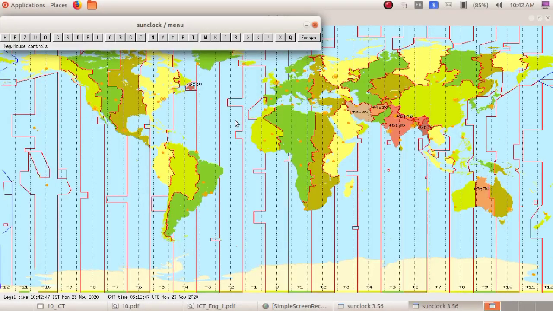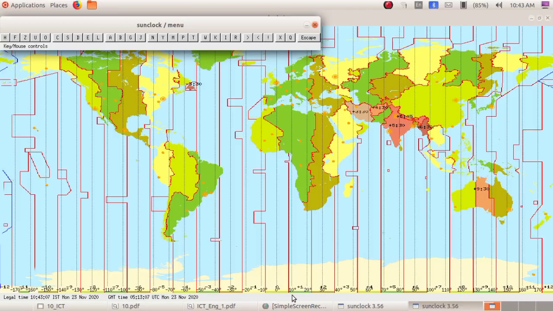If you click once on the toggle meridian, you can see the imaginary longitudes. Next, if you click again, see, the degrees will become visible at the bottom portion.